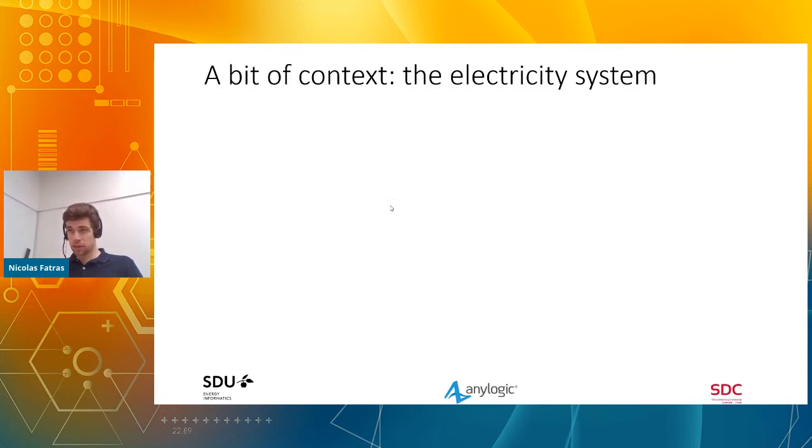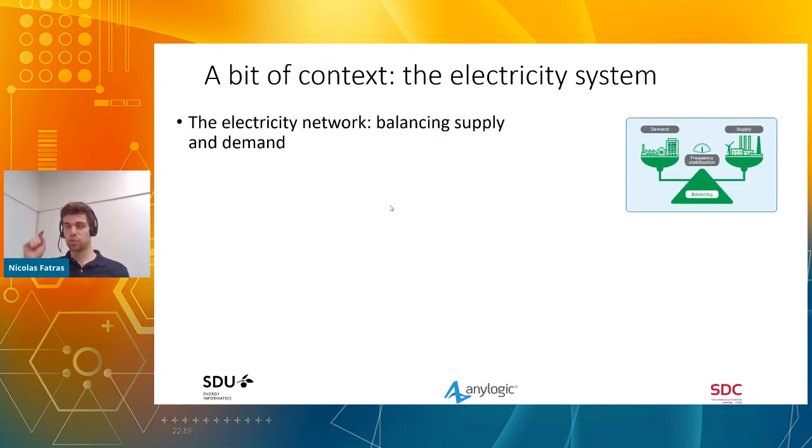So to give a bit of context, we're talking about an electricity system here. And it's important to remember, anytime we talk about an electricity system, it's essentially one big interconnected machine. Whenever you turn on the light switch, someone on the other side has to ramp up their production. So essentially it's a constant game of supply and demand, which has to be in balance. And until now, this was so far so good.